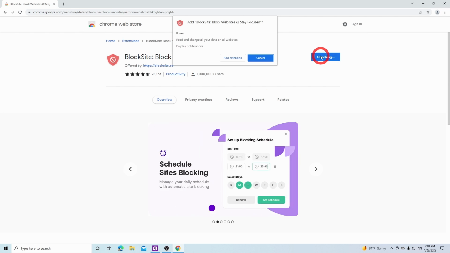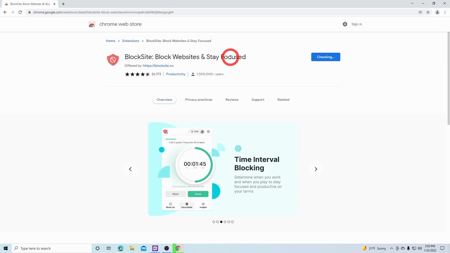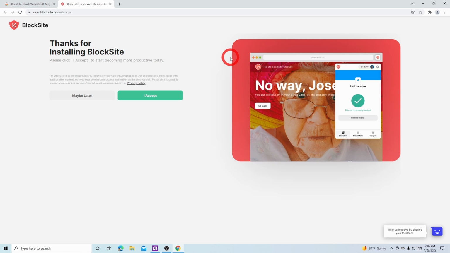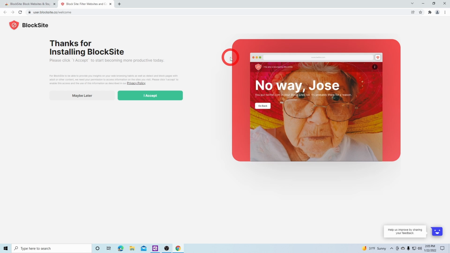You'll get a pop-up box here asking if you wish to add Blockside to your extensions. We're going to say Add Extension. Once the extension is installed, another website will show up saying thanks for installing Blockside and asking your permission to